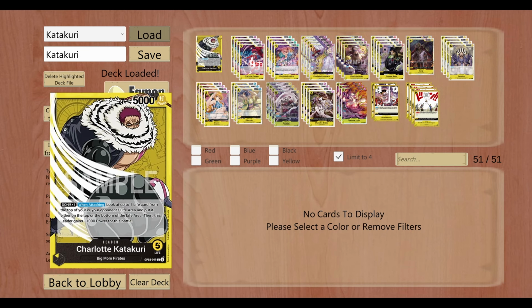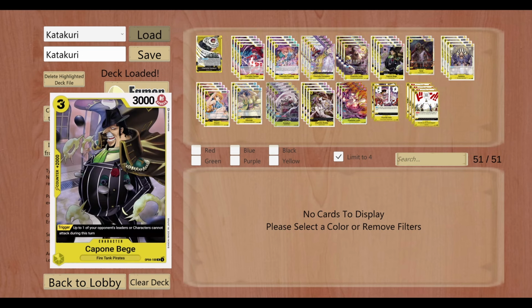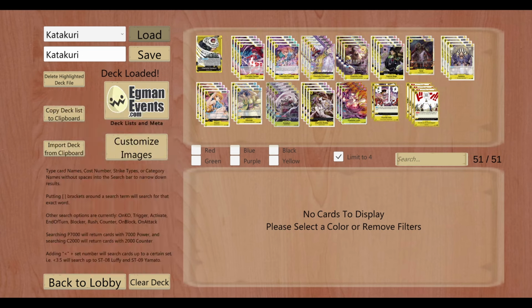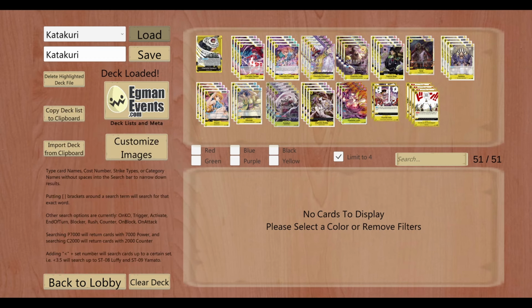Now, this is the decklist, and I need to make some very important points here. I am clearly not the best yellow player, and this decklist was not the best. I built this decklist myself and tested it out, so I'm just going to go through the deck profile here and tell you guys what needs to be changed in order for this to work, because